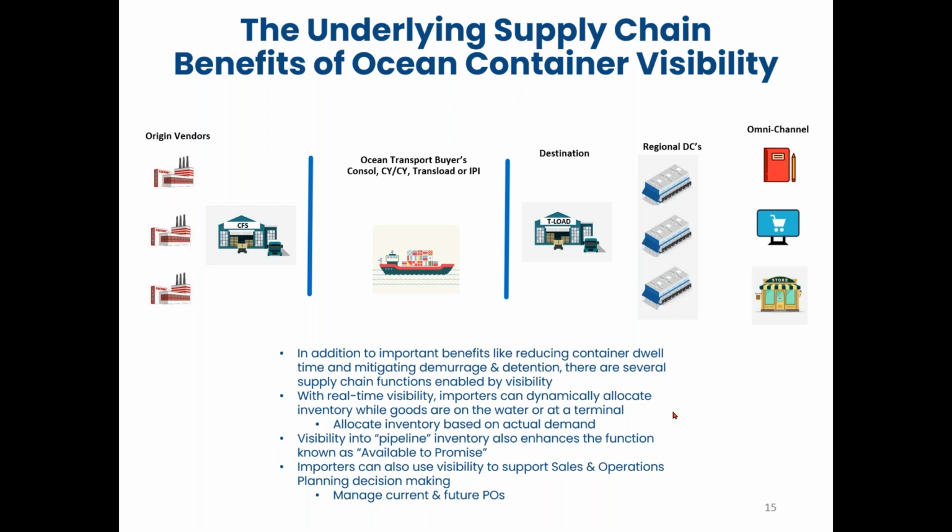So people that are allocating inventory, a buyer, for example, who might be panicking because they don't anticipate having enough merchandise to fill all promises to customers. If they have visibility into an IPI shipment, for example, that's 3 days out from that DC in Louisville, they can rest at ease knowing, okay, I'm going to have enough inventory in 3 days. I can promise this to a customer for next week. That's what available to promise means. And that visibility just enables that